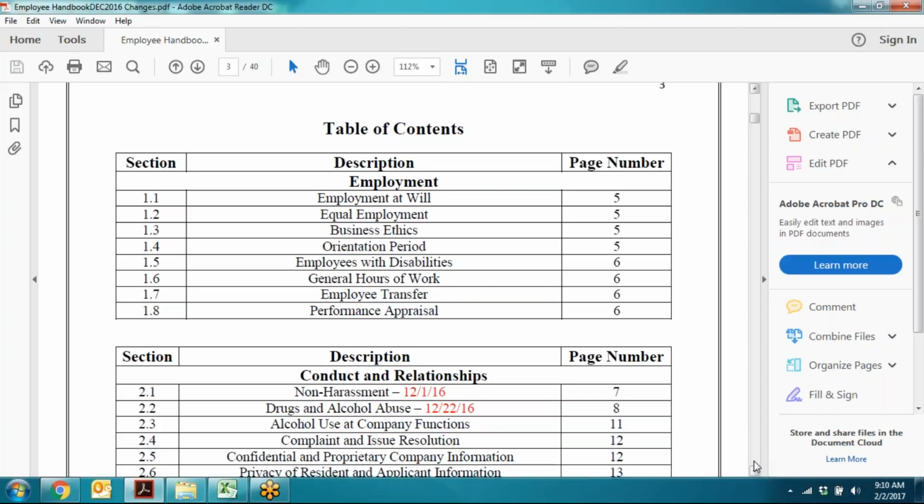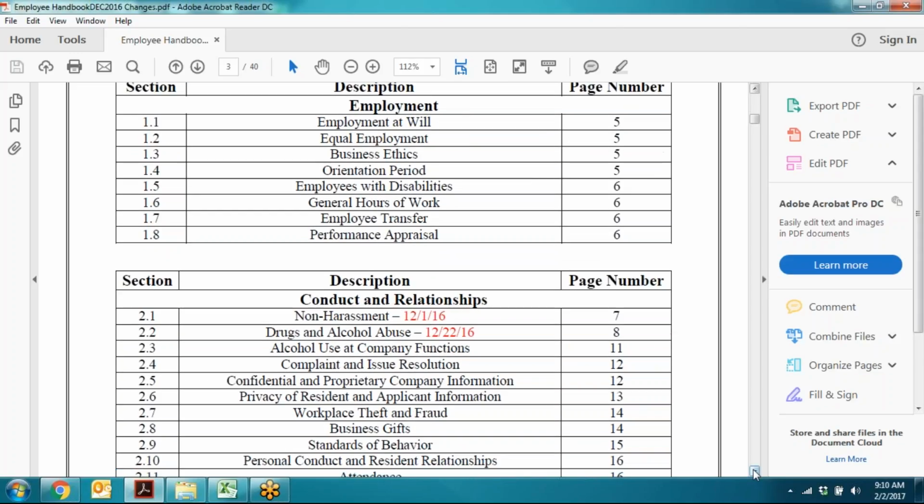Obviously, in February, it was a huge change. We had webinars about that. Those of you remember those? We had manager webinars that kind of walked you through the new handbook. So I did want to point out to you a couple of these changes. We make these changes because of potentially, well, in